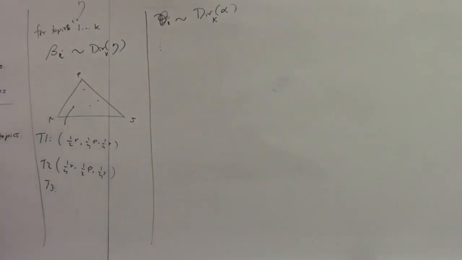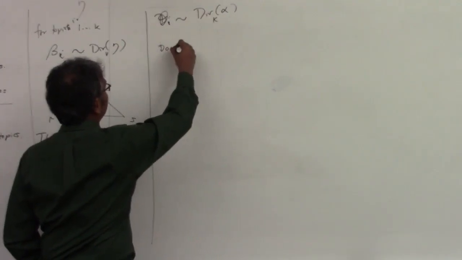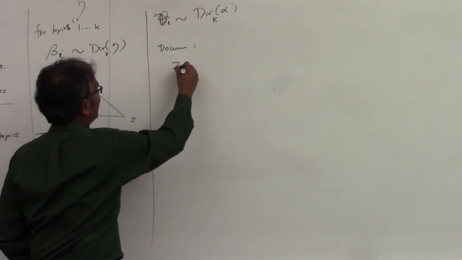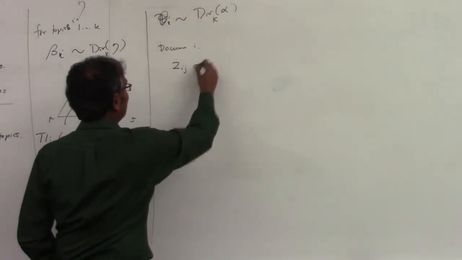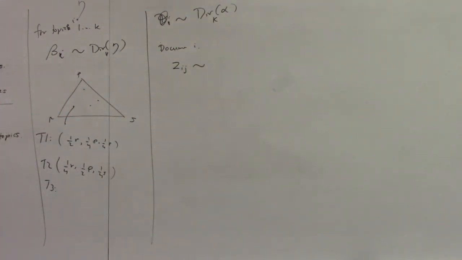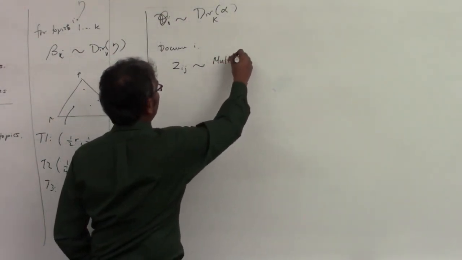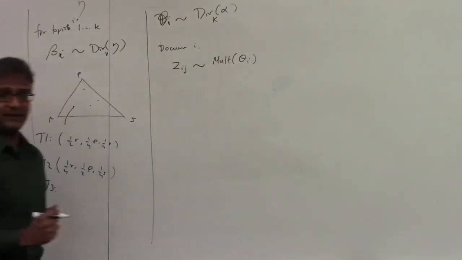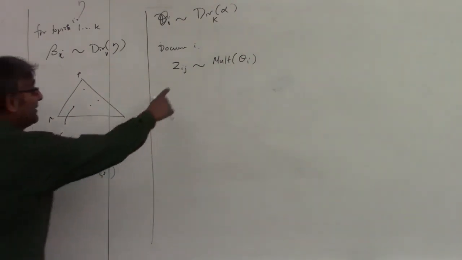So how do I do that? Well, first I have to decide which topic that word is going to be drawn from. So now I generate, let's say I'm in document i. For the jth word, z_ij is going to be sampled from the multinomial with parameters theta_i. Why? Remember, theta_i was the distribution over topics for that document. I got to pick one of those topics, so I'm going to pick it. Now this is a topic.